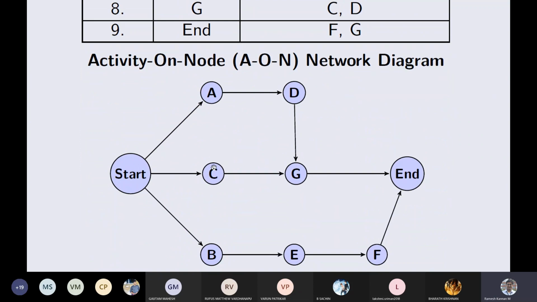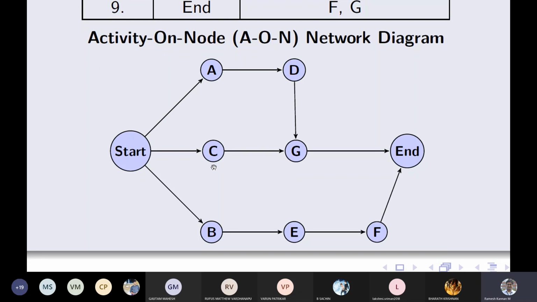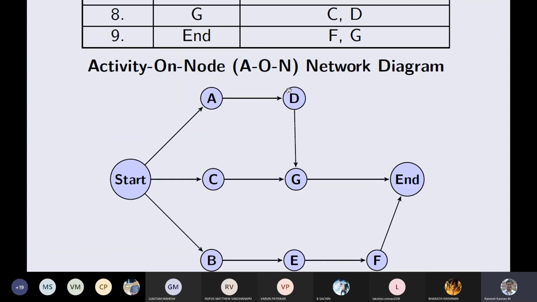It's all trial and error. Construction of network diagrams is all trial and error, so you can pretty well change them. In an examination, you can draw initially with a pencil, then when you get a final diagram, you can draw that separately with a pen or something like that. So let's take A, B, and C, which have start as a predecessor. Unless start happens, the subsequent activities also cannot be realized. So that's why we have A, B, and C.